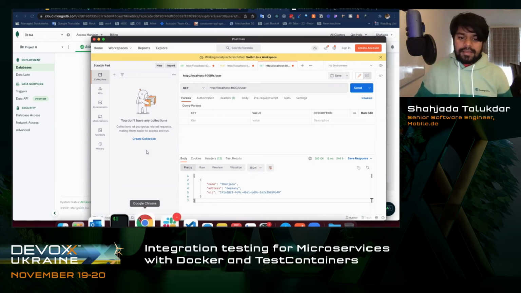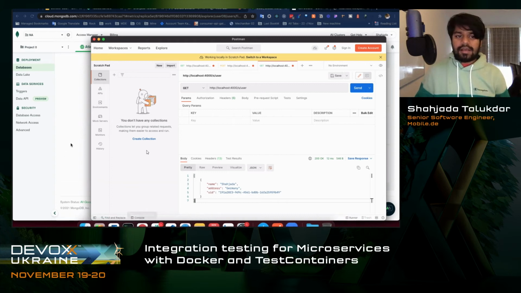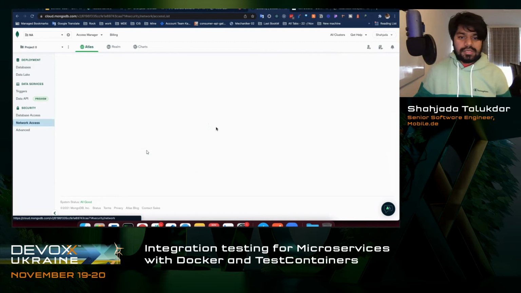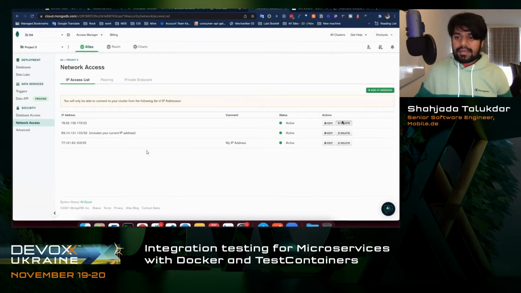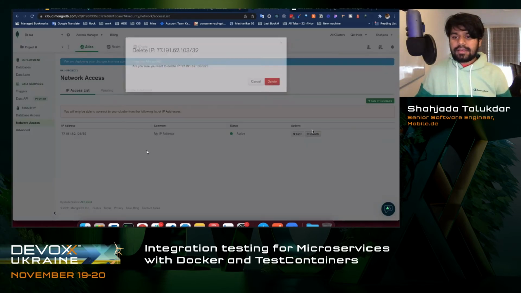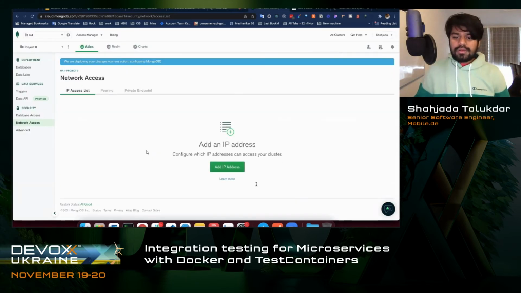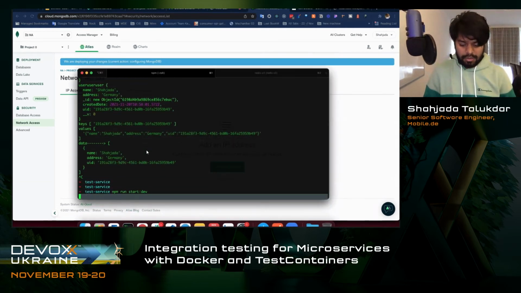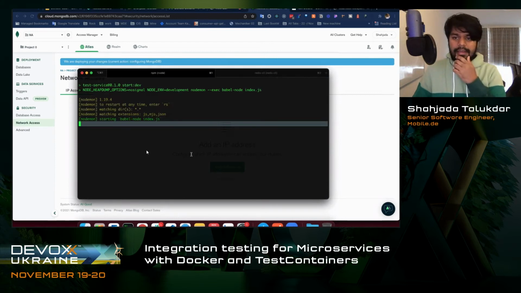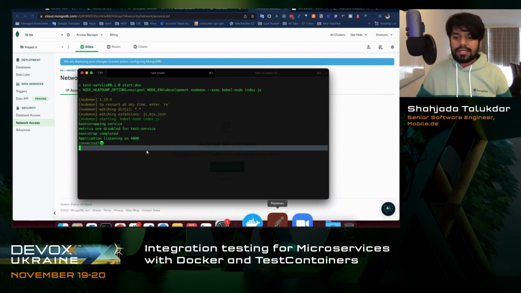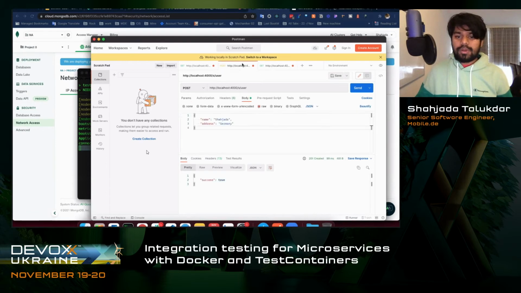And if I somehow close this connection, for example, if I just go to this network access and delete it, I mean, there is a whitelist. So if I delete this, and now if I try again, I will run the server again. Or maybe if we just make the connection wrong in the code base, then it will fail, right? So let's try. So if I try to do a post now,